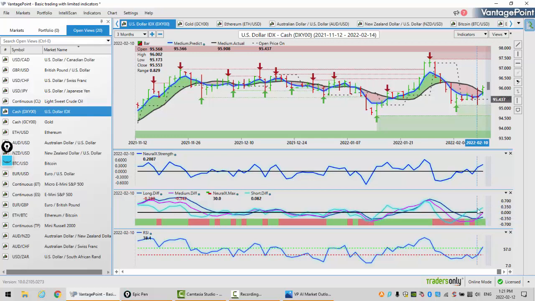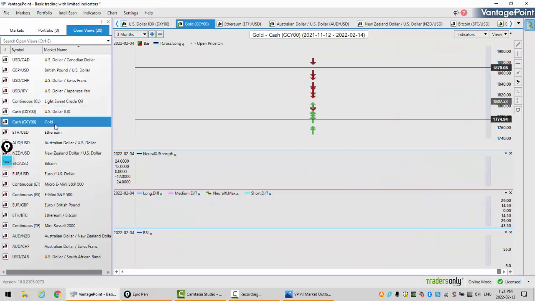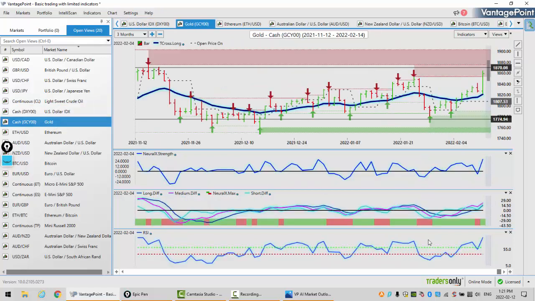Now, respectfully, the initial trend here or shift was corrective in nature. Now the question remains, can it go above that? So if we look at the exact same scenario from last week where I pointed out and said, look, we've got an MA diff cross. If that neural index holds green, then gold is likely going to extend higher. So we came up to the VantagePoint T-cross long, but then we closed above it, and we closed above it 2 days in a row, and ultimately that led to this going higher.